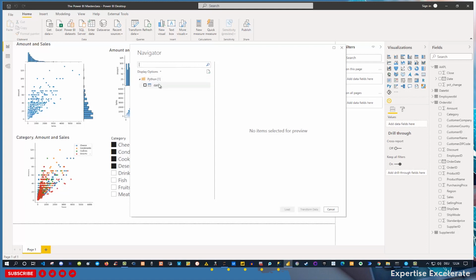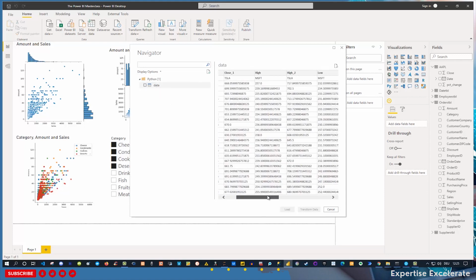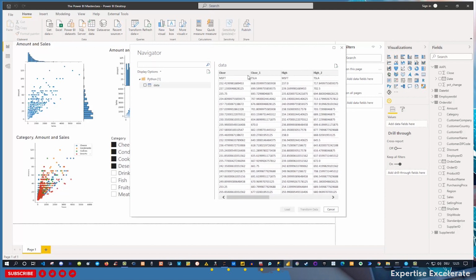If you take this option, then you should see exactly the data you requested from the internet. Okay. And you can see here, it started with close, close 1, high, high 2 and so on, because it's referring to the two stocks we have, right? Microsoft as well as Tesla. The point is, if we go back to the Jupyter notebook in our case,